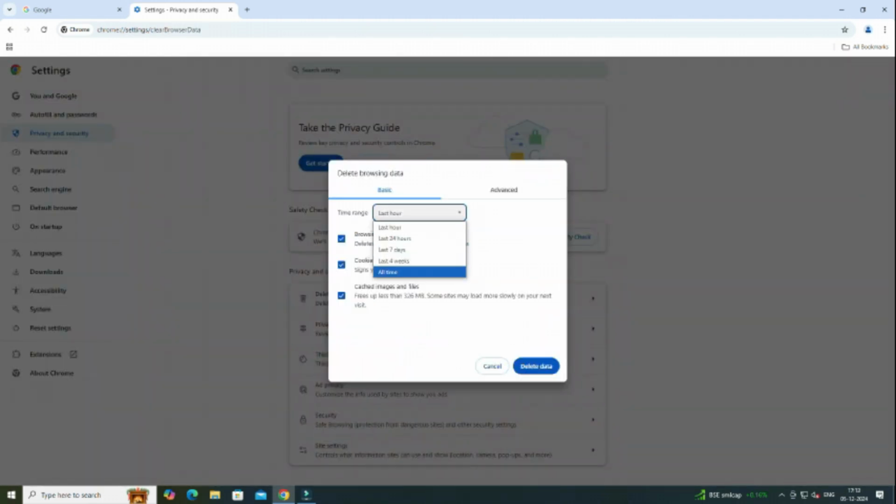There are several options here. If you want to remove everything, select the all time option, then click on the delete button. If you press the delete button, the whole temp data of the browser will be removed immediately. This is the way. And the last way is